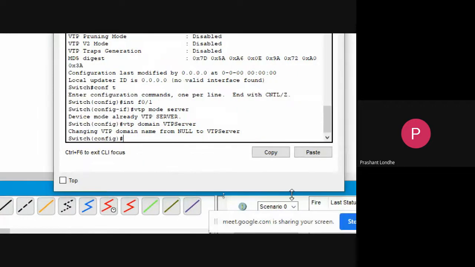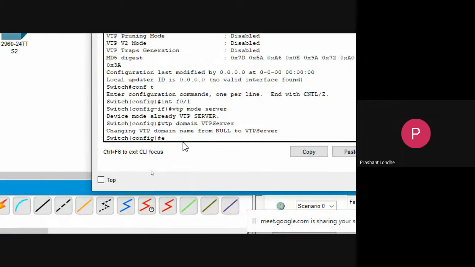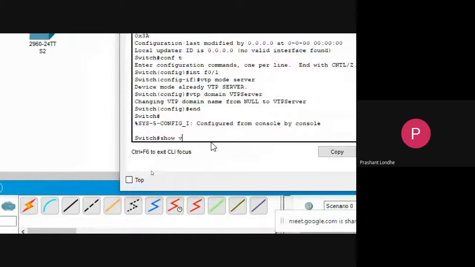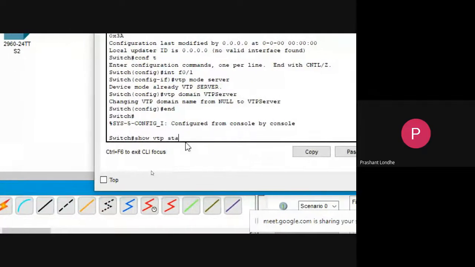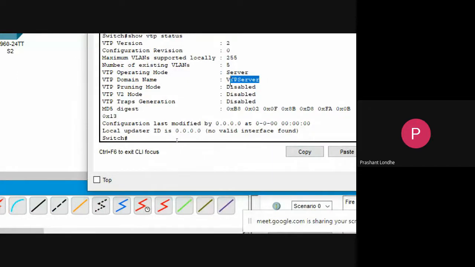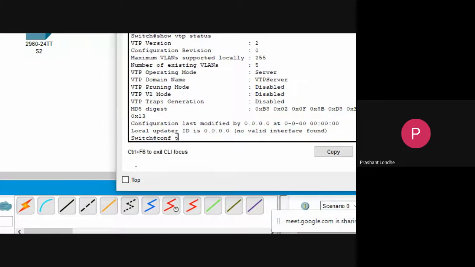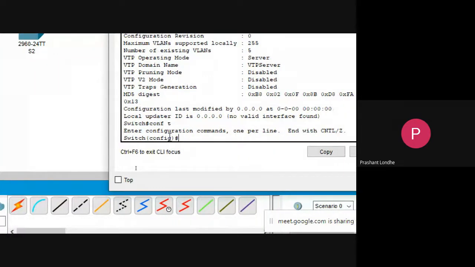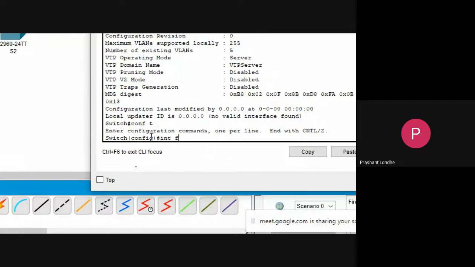And now let's go back and show VTP status. You can see the VTP server here. Now the domain name is VTP server. Now again, just go back into the configuration mode, and I will go to the interface F0/1.